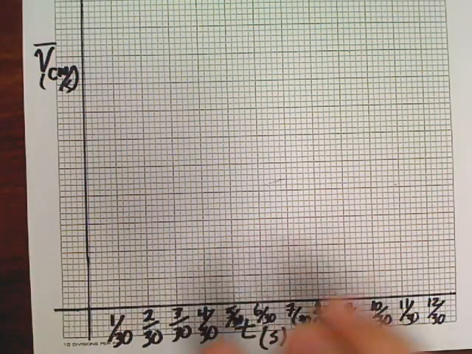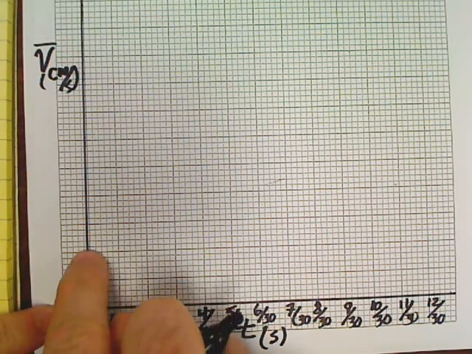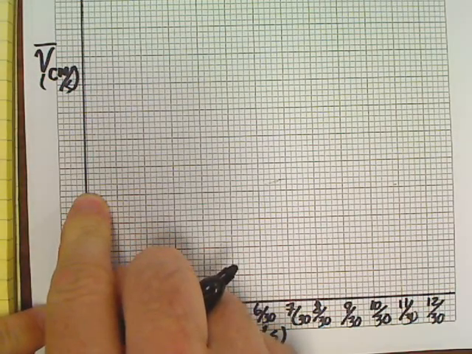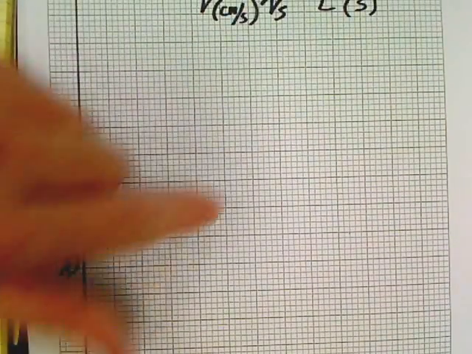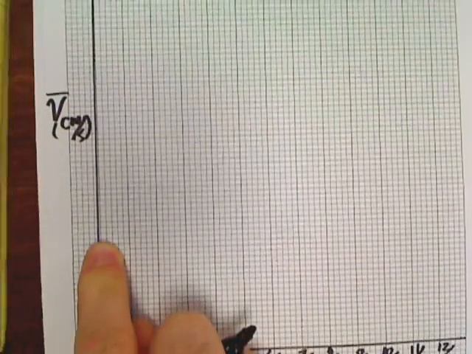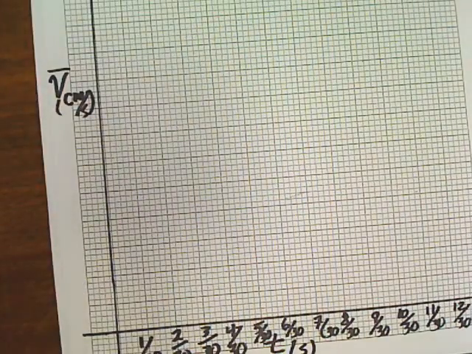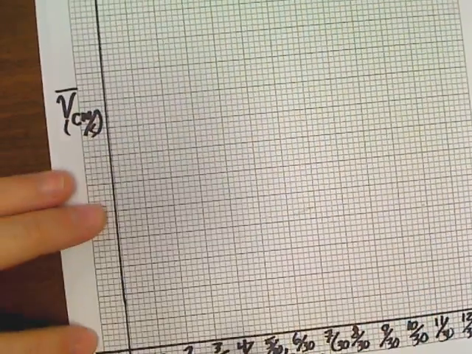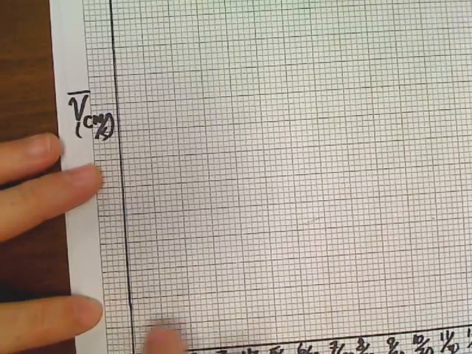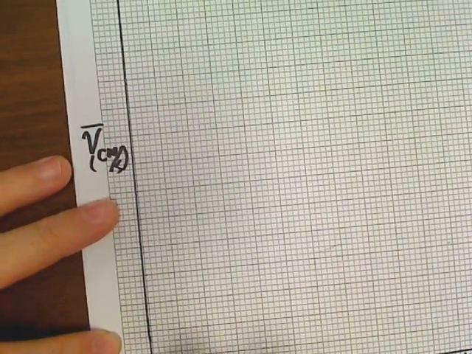Now, you could come in here and just say, okay, I'm going to make this 100, 200, 300, 400. Well, the problem is, at that point, I would be wasting the entire rest of this graph paper. So I want to try and best use 100 to 444. So I'm going to back up here and figure out what would be the best. Well, if I went by 25s, that would be